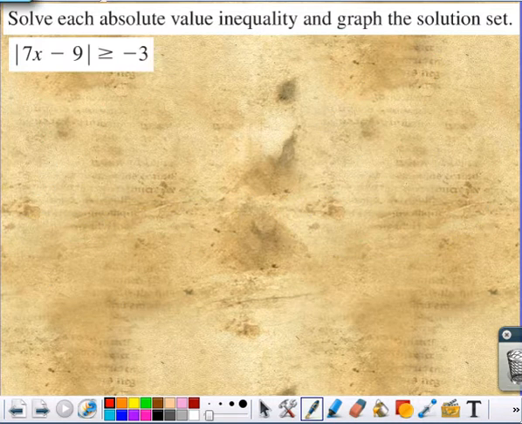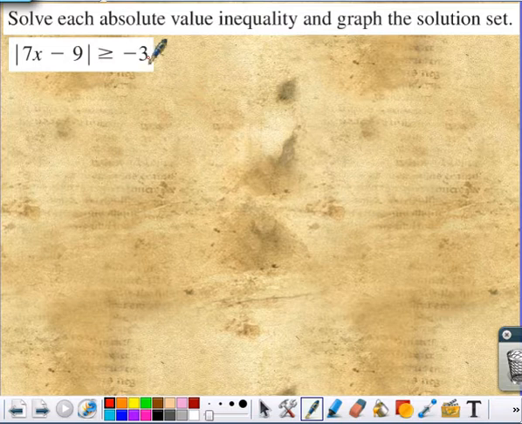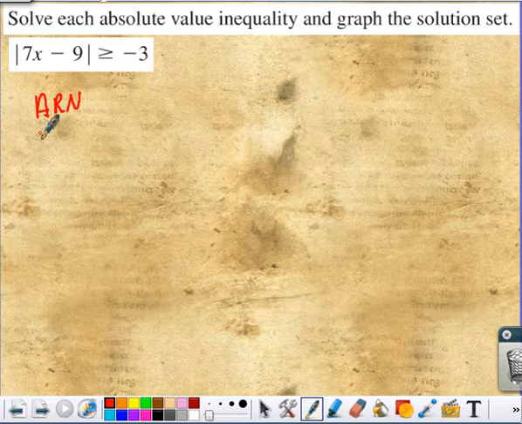Okay, on these problems, let's use common sense to solve them. You can do it the exact same way, but again, think common sense. Where is the absolute value greater than -3? We'll take a stab at that before we even start. Everywhere, right? Can absolute value ever be negative? This right here will always be a positive number, right? So where will it be bigger than -3? All real numbers. You can either put all real numbers, or you can put all values from negative infinity to